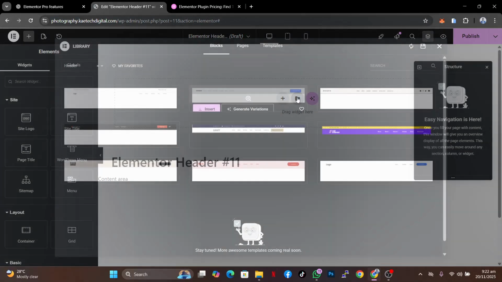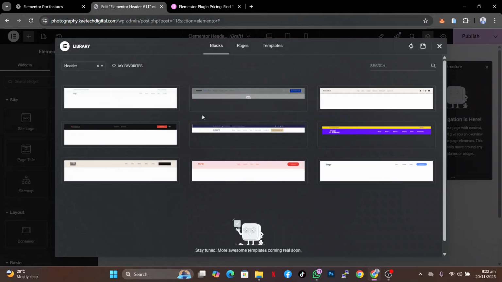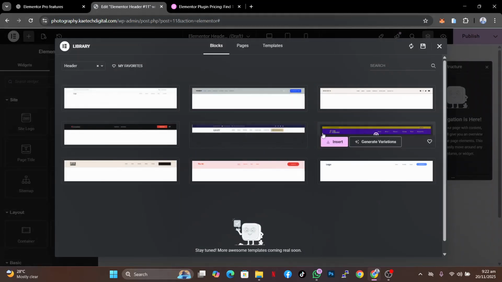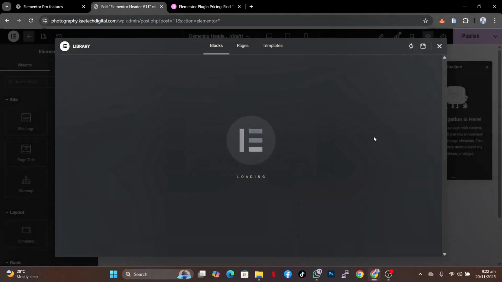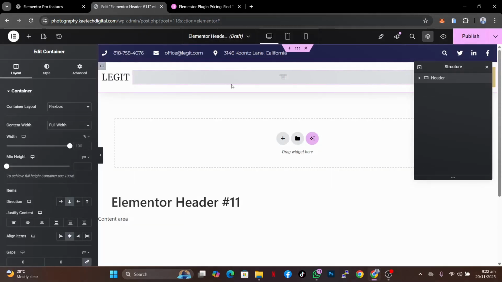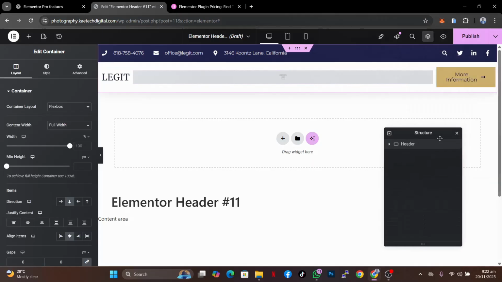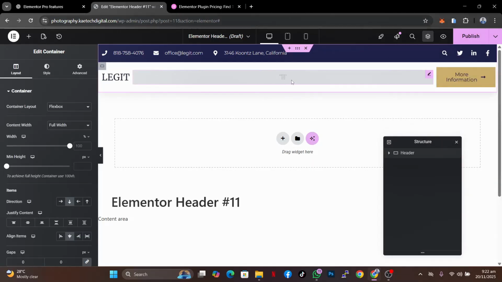Okay, but I'm going to just choose a template, so I'll show you how it works. So let's say we want to use this template. We can insert it over here, click on apply, and this is how it looks over here. So all you need to do is set up your menu over here. So let me just drag this one over here, set up your menu over here if you don't have a